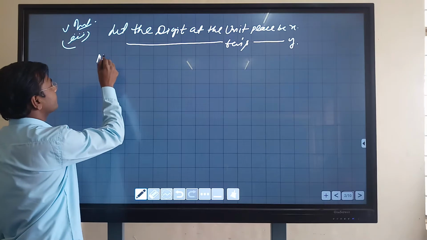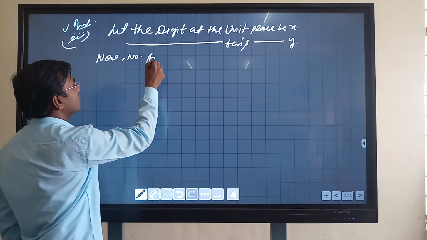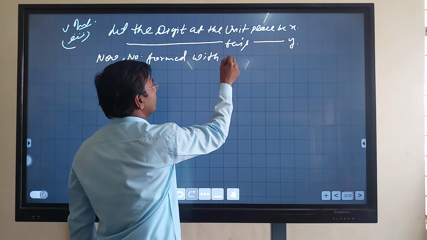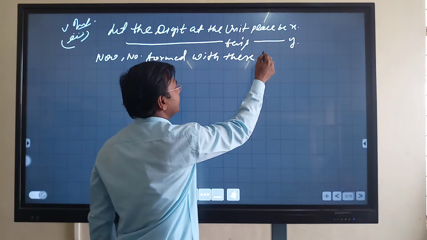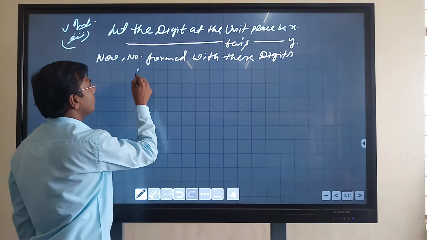Now the number formed with these digits will be,